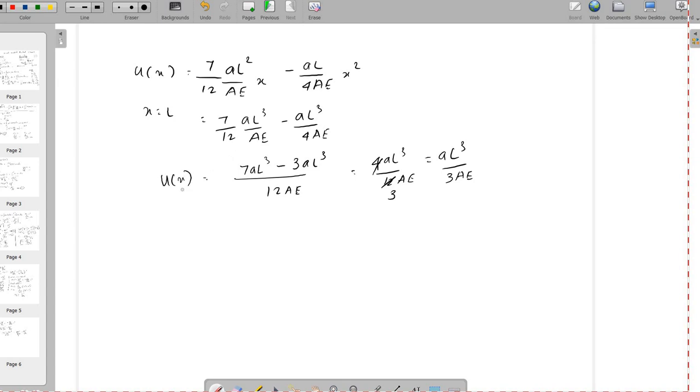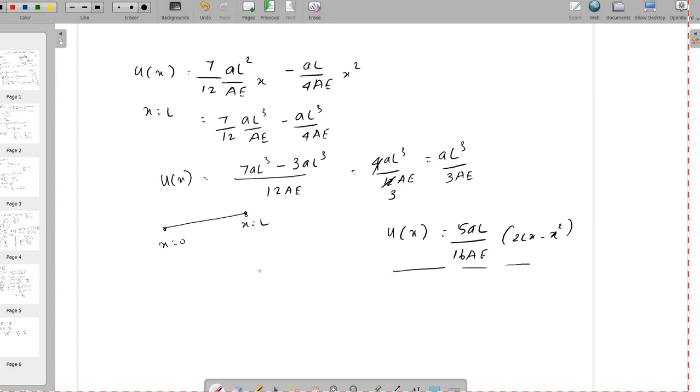This weak form of the weighted residual method gives exactly the same solution only at the ends, only at the boundaries, that is x equal to 0 and x equal to L. It is not accurate at the in-between points. The same problem you can try with the Galerkin method. You will obtain the displacement function as 5AL by 16AE into 2Lx minus x square. So you take this as an assignment.